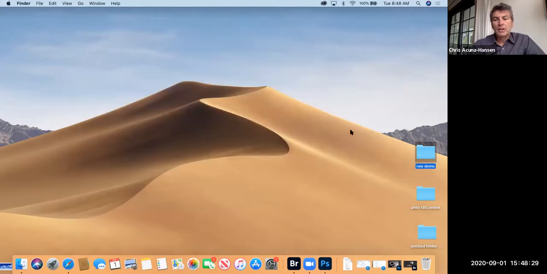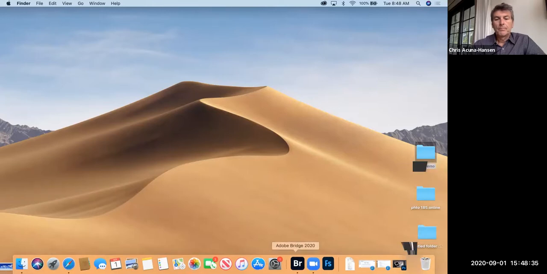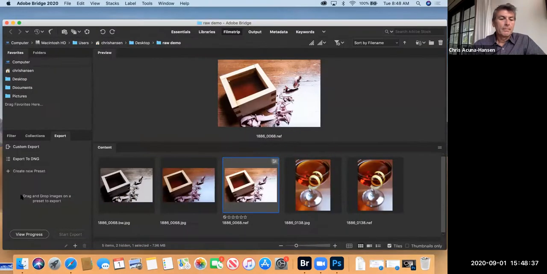If I go back to Bridge, you'll see that it's there. You'll also see that the original NEF file is here with the camera raw instructions written for it. So again, I'm not as clear as I'd like to be, but I want you to understand that